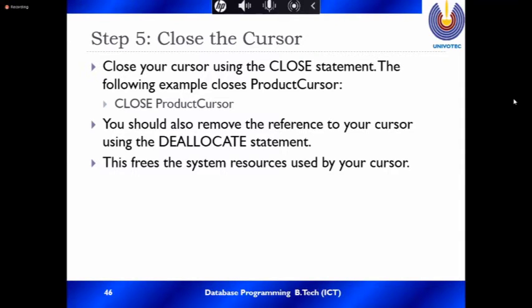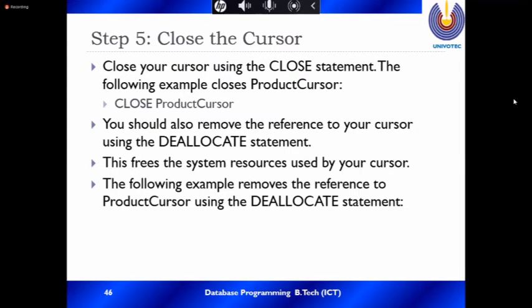In Visual Studio, where we use C# also, if you create an object and after you finish the task it is not necessary in the future, then you can destroy that object. Here, deallocate also means removing the reference. In the following example, we remove the reference to the product cursor using deallocate product cursor.